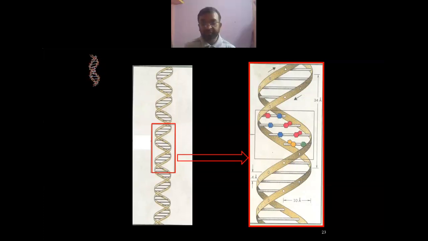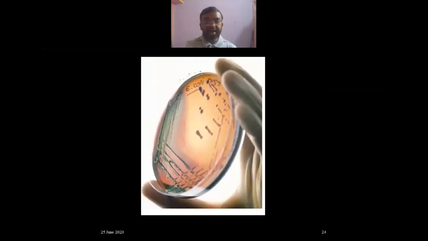In case of fungi, algae, protozoa, plants, animals, such a structure is there. But what about the bacteria? Because they have a prokaryotic cell, a nucleus is not present. That doesn't have a complicated system. This is the typical E. coli cell you cultivate every day on the media. This is the colony, and you know the typical size.